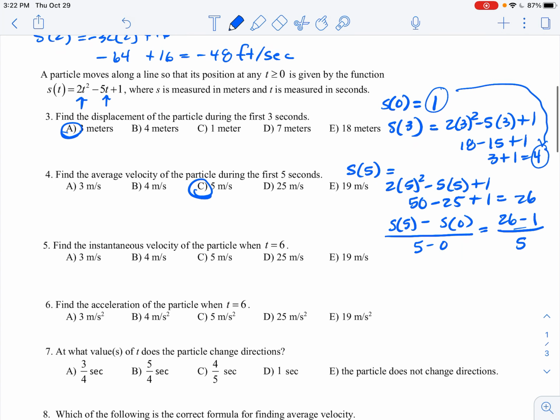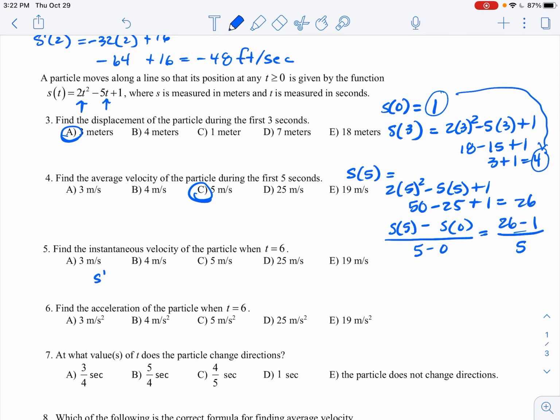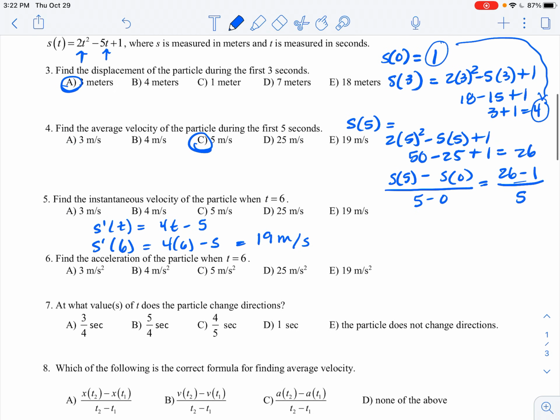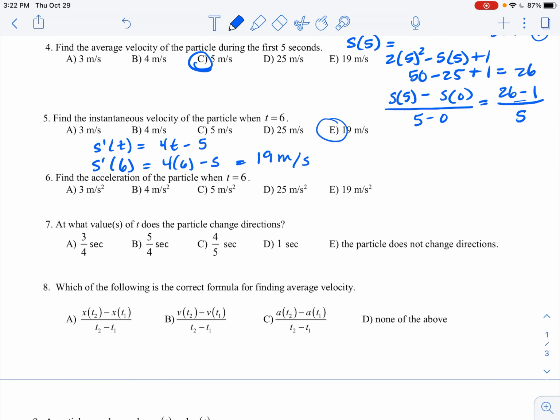Number 5, find the instantaneous velocity when time is 6. So I need the derivative. And so s prime of t, I'll just go ahead and work it out first. So power rule gives 4t minus 5, and then s prime at 6, 4 times 6 minus 5, 24 minus 5, and that gives me 19 meters per second. Number 6, find the acceleration. Okay, so acceleration is the derivative of velocity, or the second derivative of position. So let's see, s double prime of t would just be 4. And that is meters per